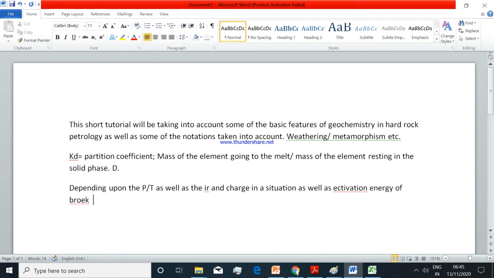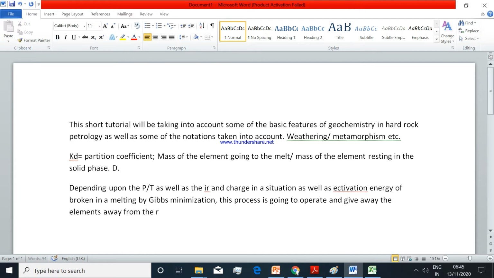If broken in a melting by Gibbs minimization, this process is going to operate and give away the elements from the rock. The concentration